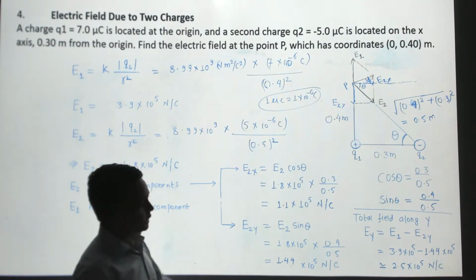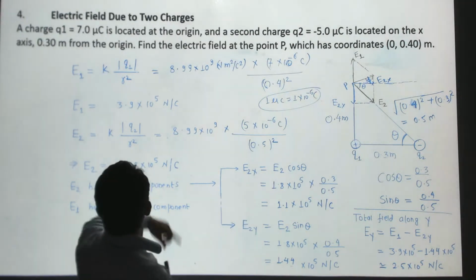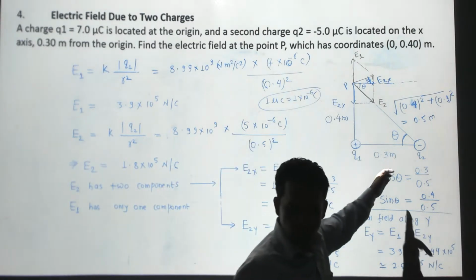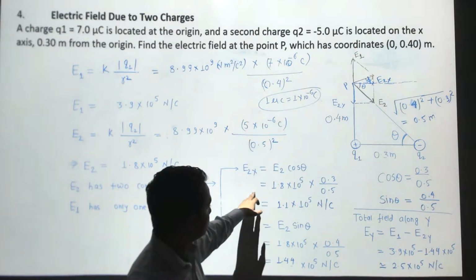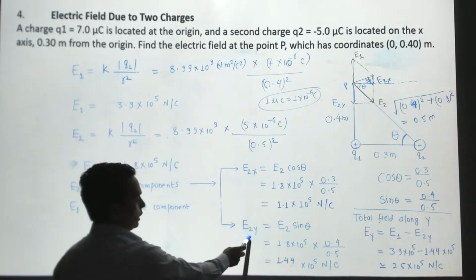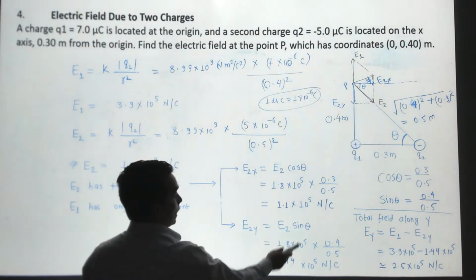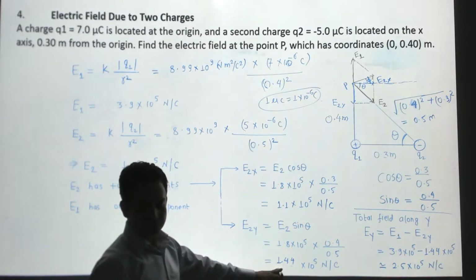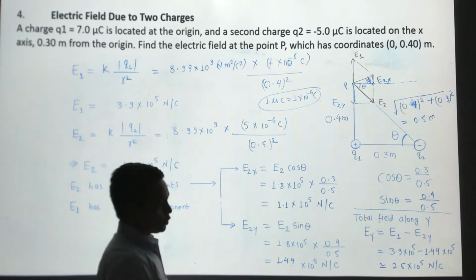So what I did, I just plugged in the values. We already have calculated E2, and cosine theta is 0.3 over 0.5. Just plug in the numbers and get this value. And the same way, I calculated E2y, which is E2 sine theta, and the sine theta is 0.4 over 0.5, and I solve this equation. Okay, so I know now